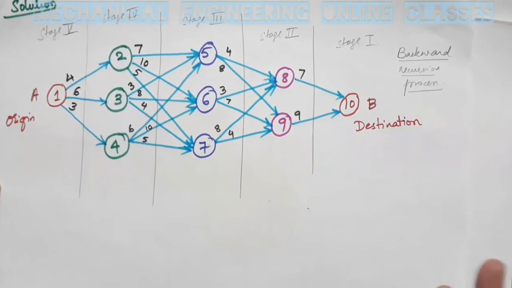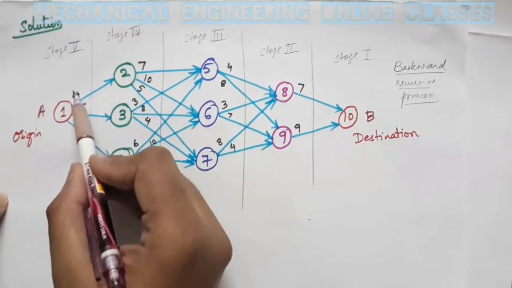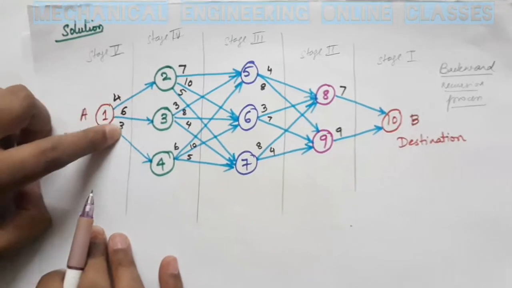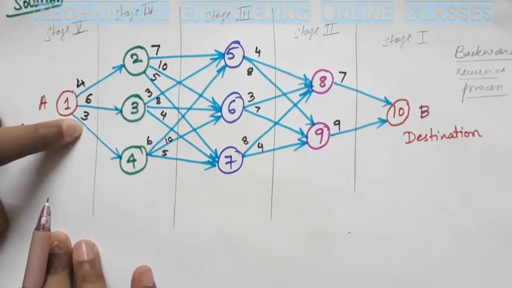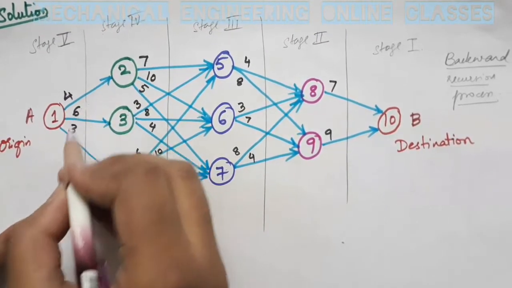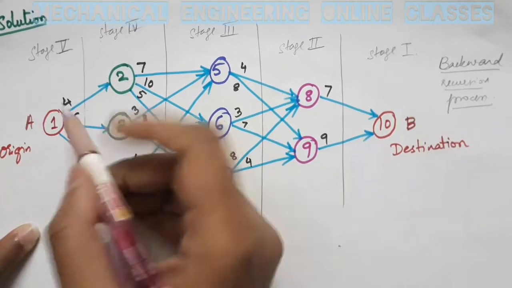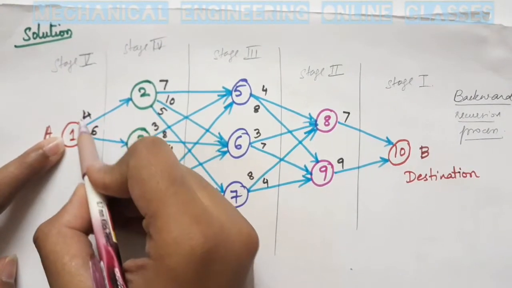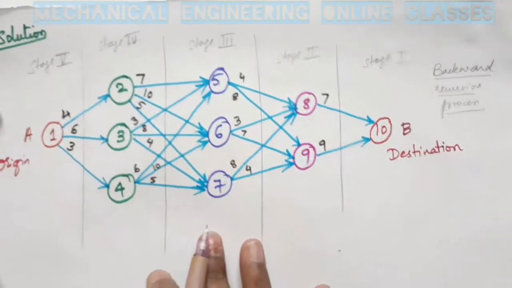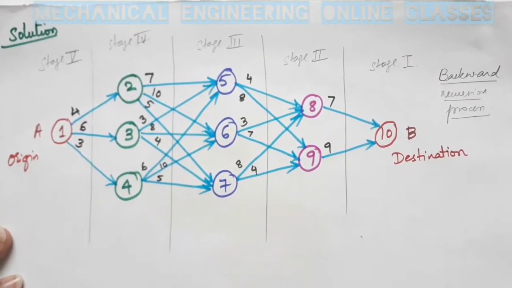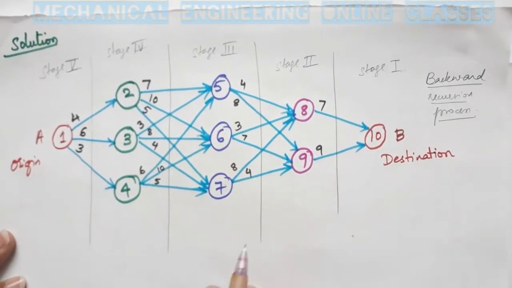And in dynamic programming, backward recursion and forward recursion both will give the same values, because these factors, which in this particular problem are kilometers, might be kilometers or cost or time. So either way we have to find the shortest route only. So in the given problem these are all distances, and this distance is independent of the direction. Whether I am going from 1 to 2 or 2 to 1, this is 4 kilometers only. So I can do backward recursion also, and I can get the same answer. So let us start solving the problem using the backward recursion process. We'll start with tables.